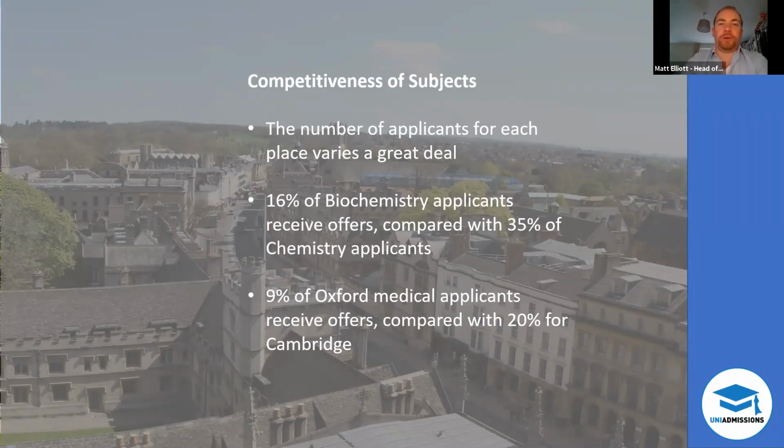The other point here is around medical schools. There are roughly twice as many places for medicine at Cambridge than there are at Oxford. And accordingly, roughly twice as many people get into Cambridge as get into Oxford. It continually amazes us that people haven't figured this one out yet. But it's not that Cambridge is easier to get into in any meaningful sense. It's simply that they have more spaces.